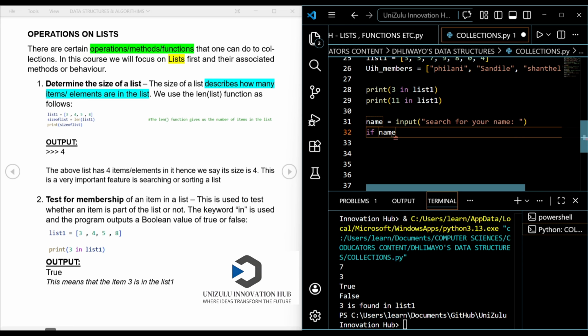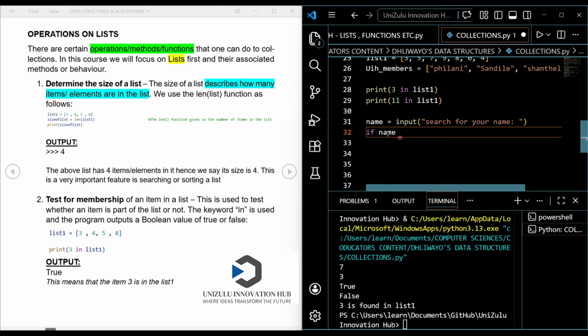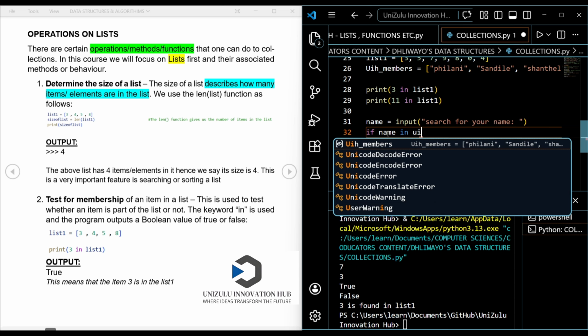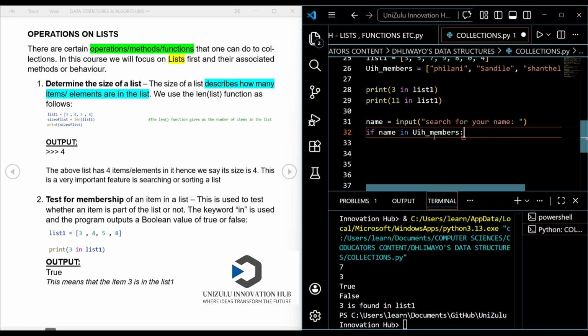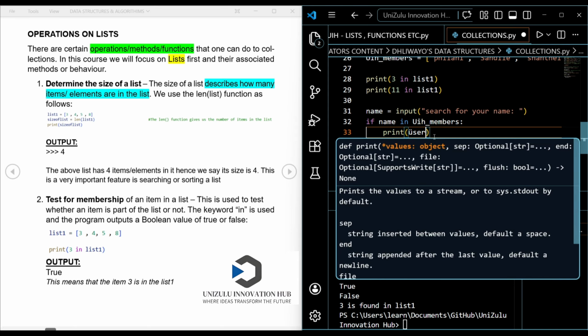Now if the name that they have put in on the console is in the list of UIH members, then you can say print user is found.